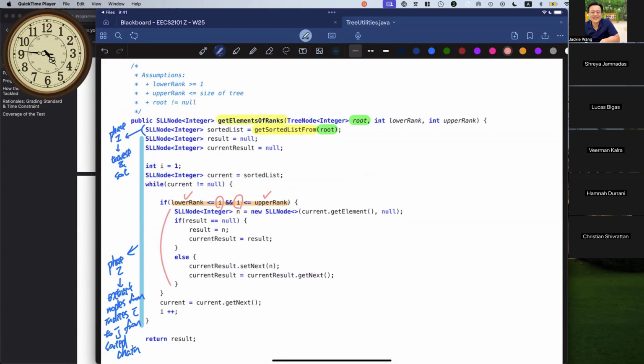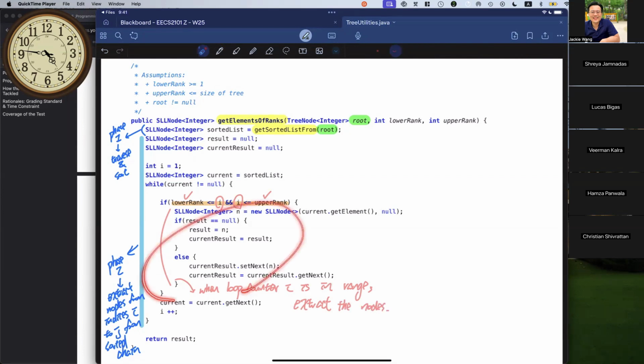So when the loop counter i is in the range, extract the nodes. Exactly how to extract the nodes, you can look at the code in detail. All right, so that's phase number two.